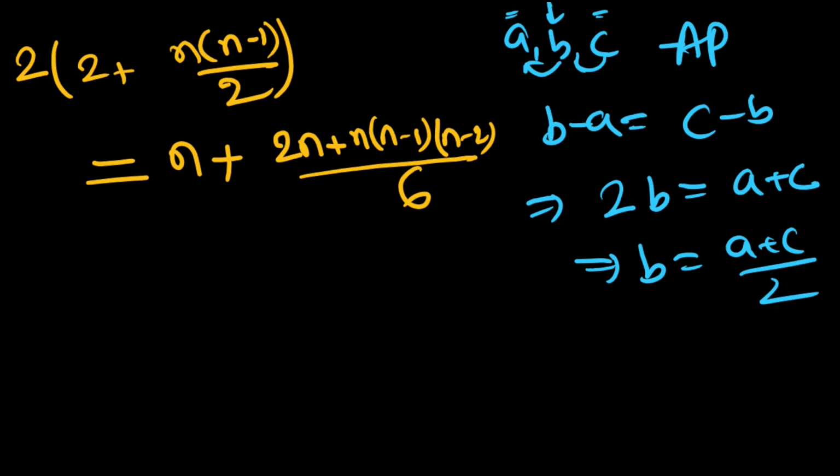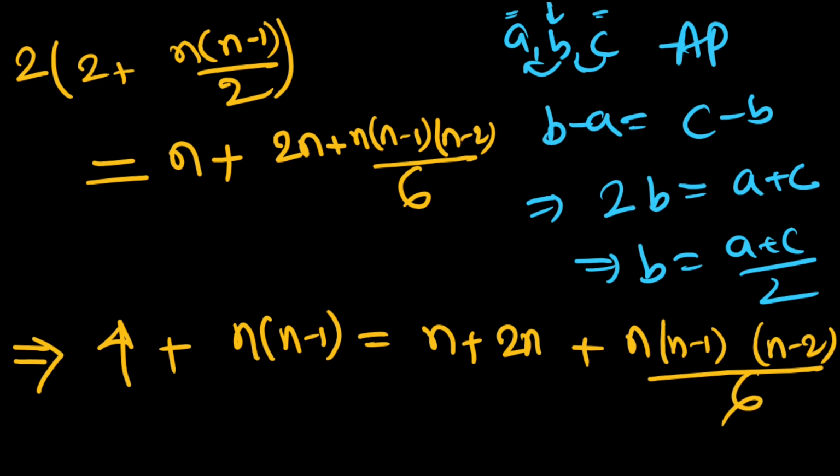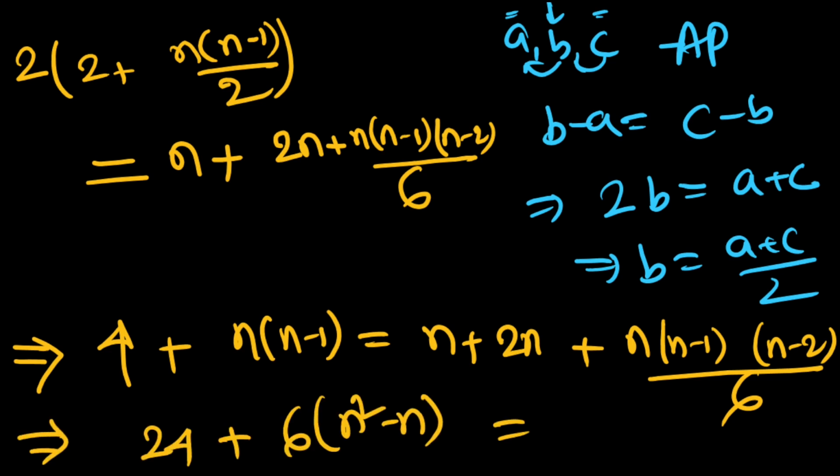This is the equation of n. Now we find the values of n. We multiply 2, it is 4 plus 2 to cancel, n into n minus 1 is equal to n plus, here it is a little mistake, so it is 2n plus n into n minus 1 into n minus 2 over 6, this term. So multiply 6 on both sides, minus n, that is n plus n times 3, and multiplied by 6, it is 18n plus, we multiply this n square minus n and n minus 2, and we simplify this